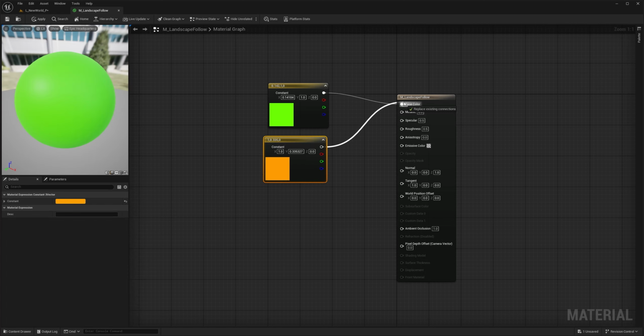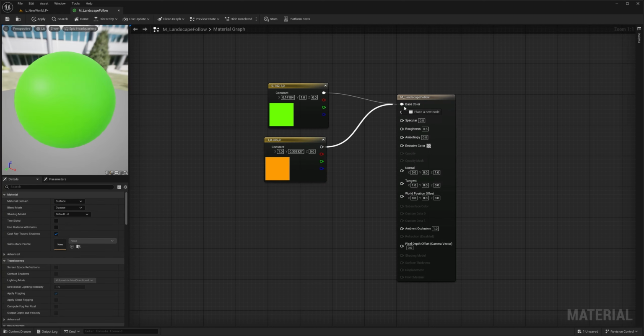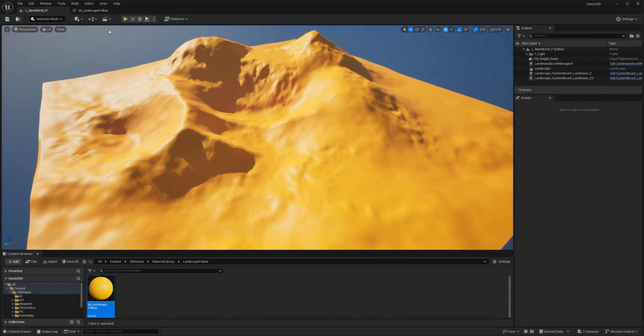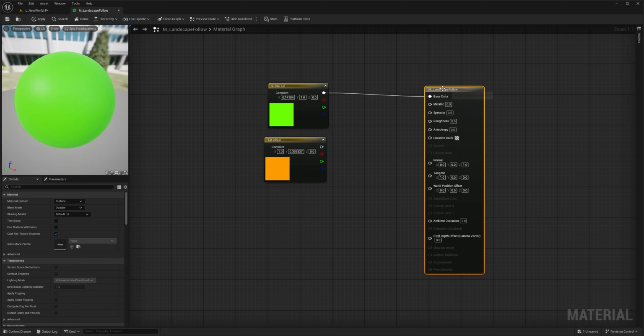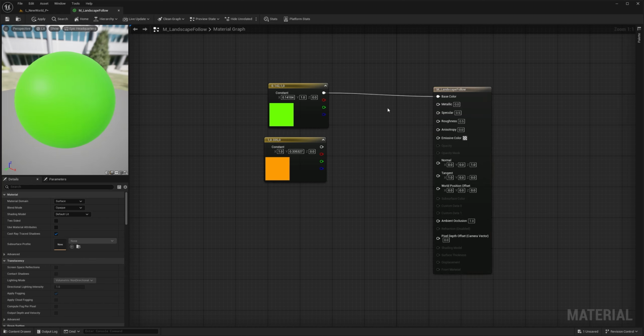But here's the problem. I cannot connect them both to base color. It's either one or the other, right? So if I connect this thing here, just press save, and you can see that detail happening there. You change the color, go back. So how exactly can I mix stuff inside the material? That's important. I know it's very basic for some of you, so bear with me for a second.